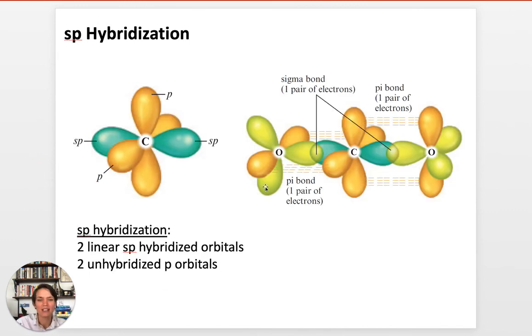All right, so here is another example. So before I had ethylene, now we have carbon dioxide, right? We've seen this before. Carbon has 2 things around it. These are both double bonds. So if we were to draw this molecule, it would be